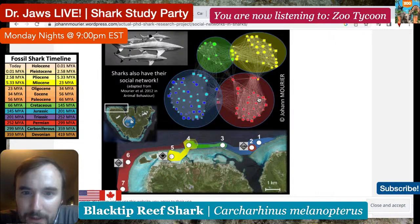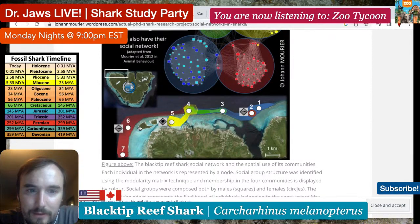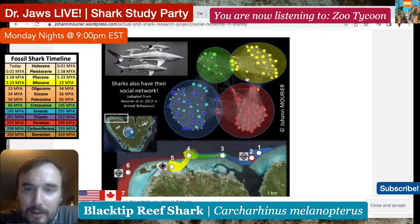So for example, the red group kind of looks like it has more smaller individuals. Red group is on this edge, but that kind of looks like a shelf, not really in the shallow area. And ironically, interesting, the yellow group has larger individuals. That seems to be closer inshore. The green group has small individuals, and it's kind of in the shelf a little bit. And then the blue group has a funny mix of large and small individuals, kind of sort of,